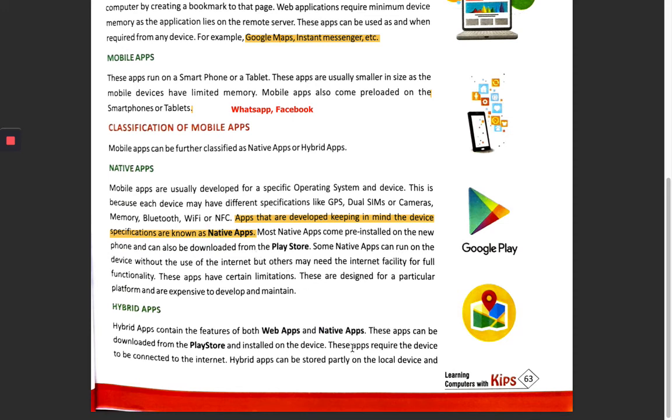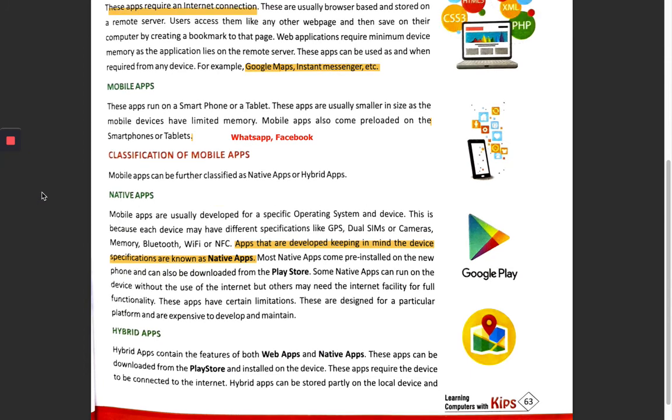Next is hybrid apps. Hybrid apps contain features of both web apps and native apps. These apps can be downloaded from the Play Store and installed on the device. These apps require the device to be connected to the internet. Hybrid apps can be stored partially on a local device and partially on a remote server. So these hybrid apps can be operated offline with limited functionality by using some cached pages which are already stored.